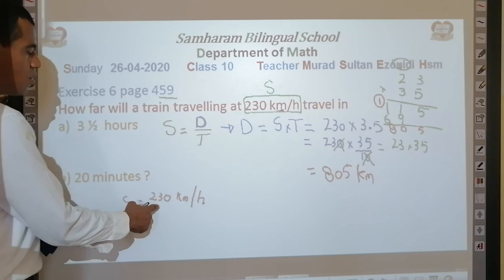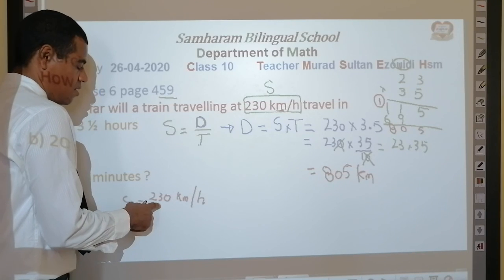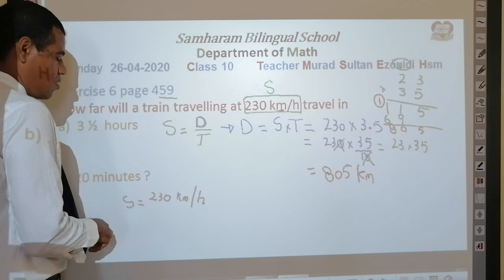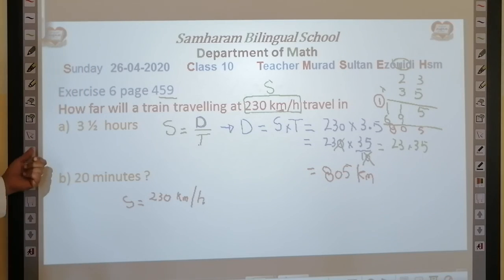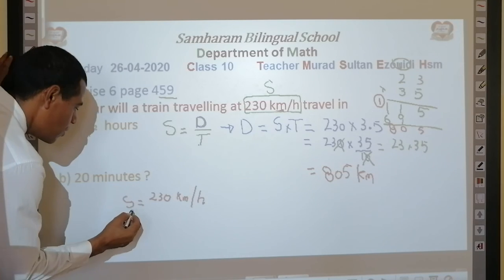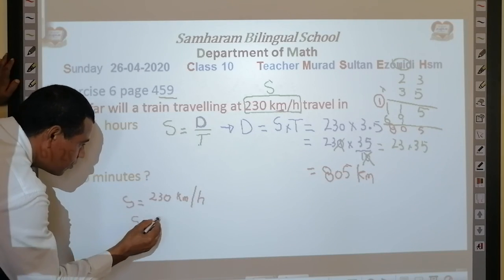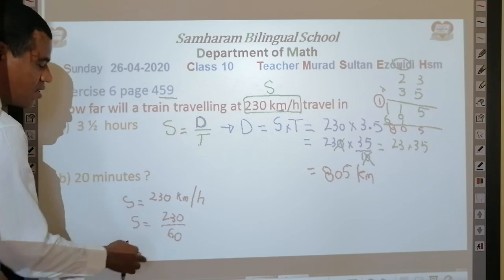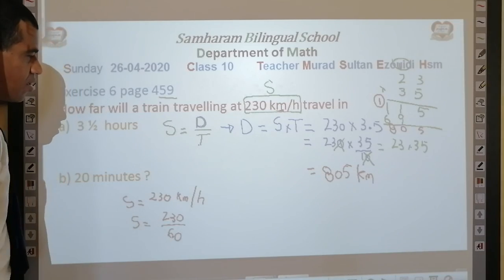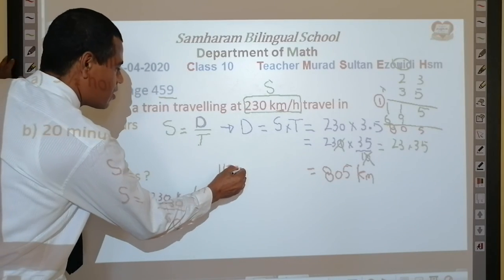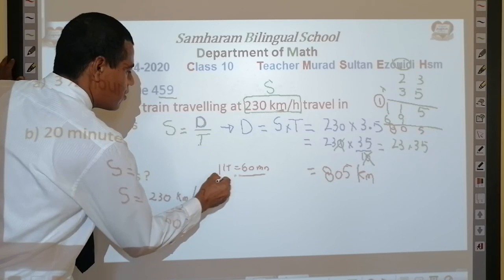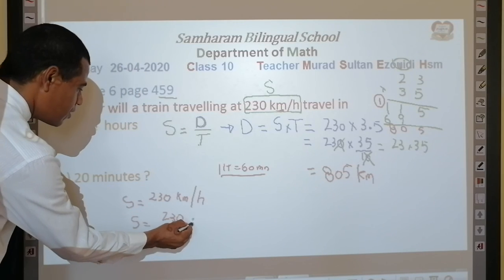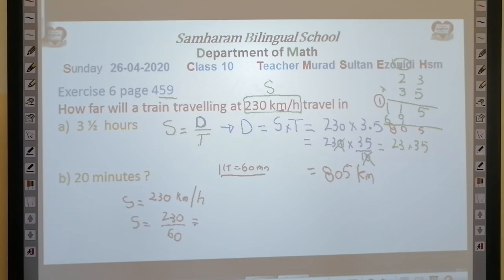In 1 hour, the train will travel 230. So, speed equal 230 divided by 60. This is 60. Why? Because 1 hour is 60 minutes. Okay. So 230 divided by 60 gives